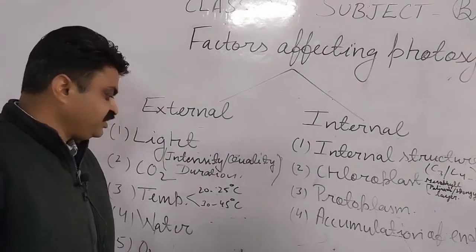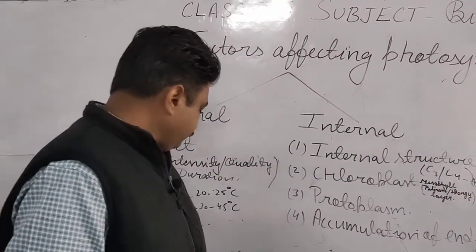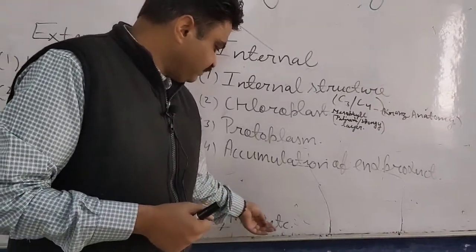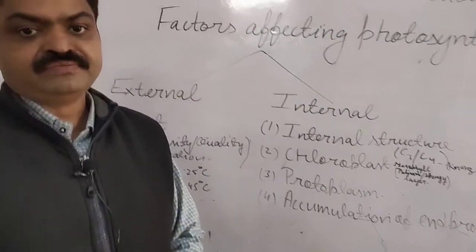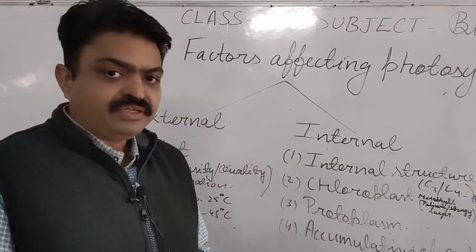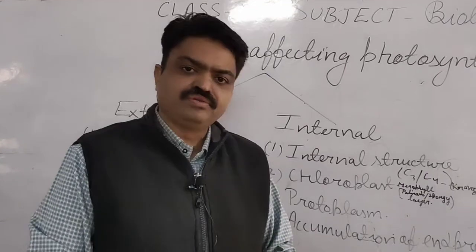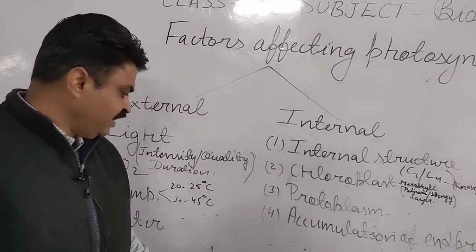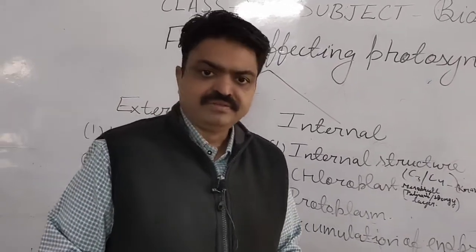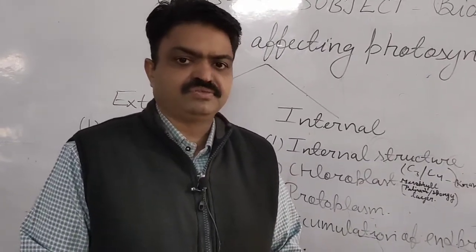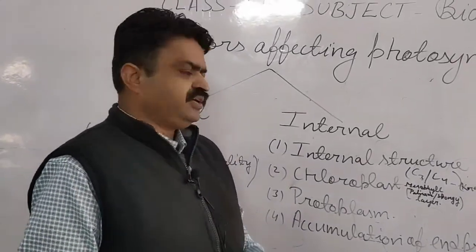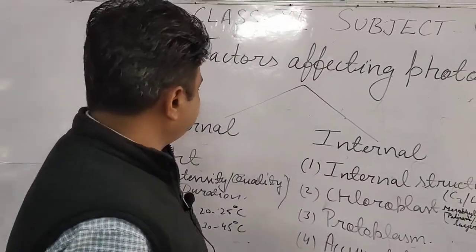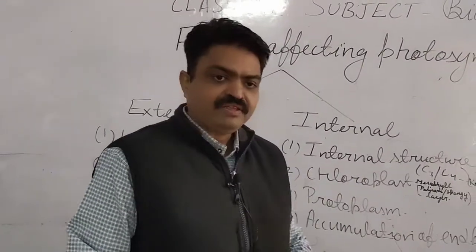With this, student, minerals are needed like magnesium, iron, copper, chlorine, manganese and phosphorus. If we provide these nutrients in a proper amount to the plants, then they do the photosynthesis. If they have less of these minerals, then they can't do the photosynthesis, student. So these minerals are also needed by the plants. So that is about the external factors that affect the photosynthesis.